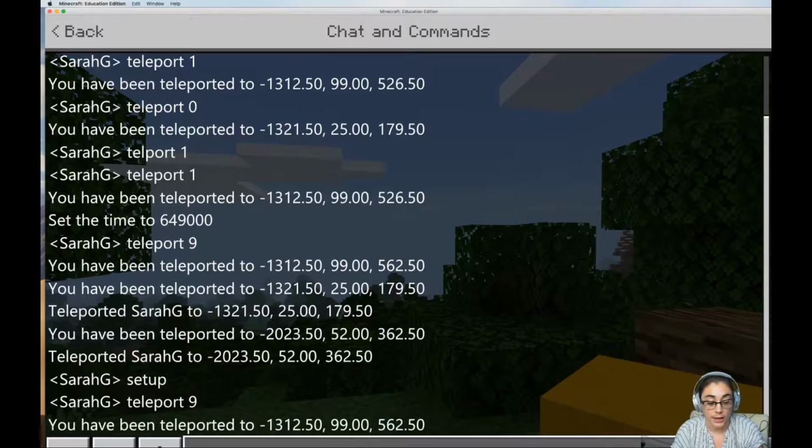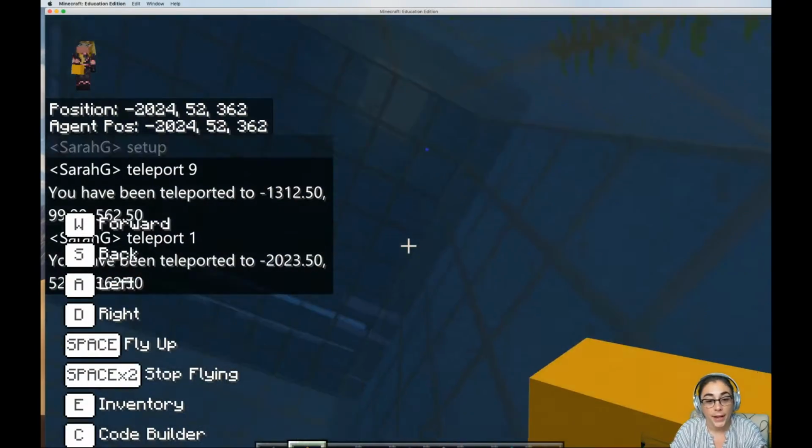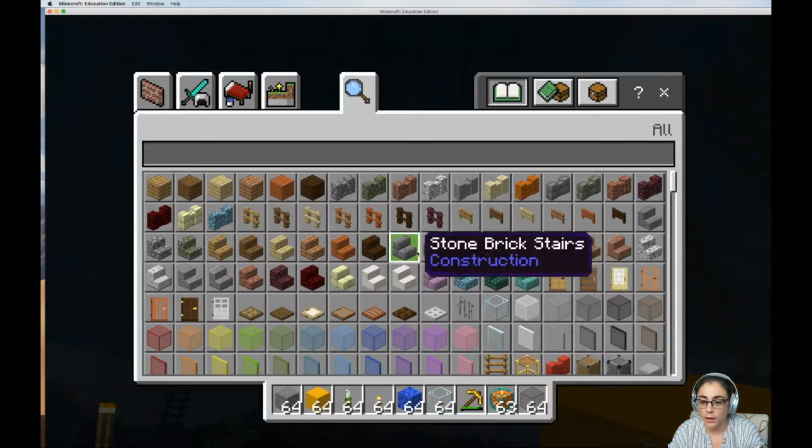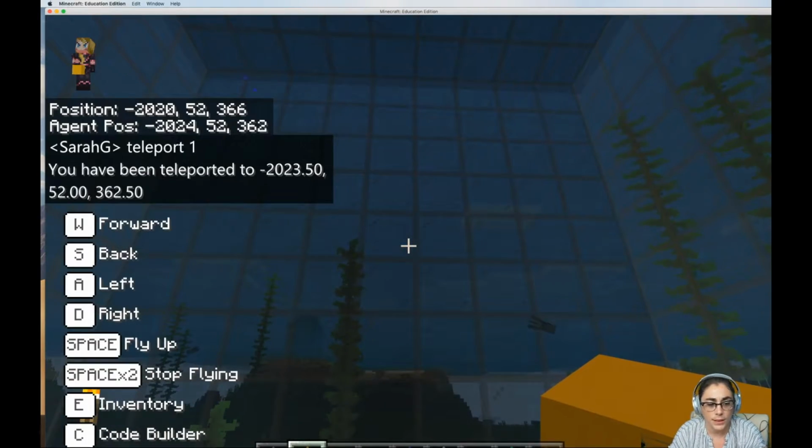Teleport back down to the water world. Yay! Okay, so that seems to be working now just fine. Let's remember what our other commands were. So our other commands that we decided to build